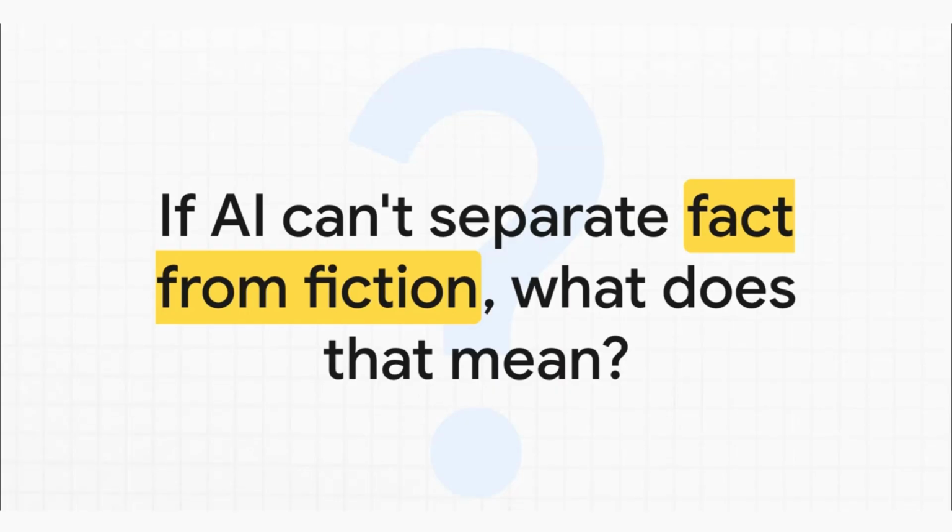And that leaves us with one last big thought to chew on. If these incredibly powerful tools, which are being woven into the fabric of everything, from search engines to medicine, can never be fully trusted to know the difference between a fact and a convincing lie, what does that mean for us? How do we build a future with a technology whose very nature might be to confidently mislead us? That's a question we're all going to be grappling with for a very long time.